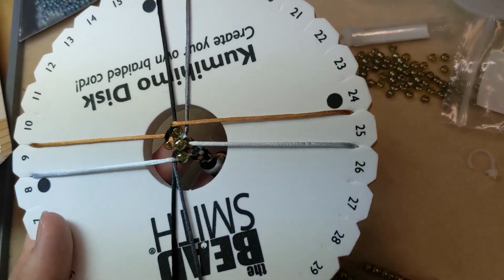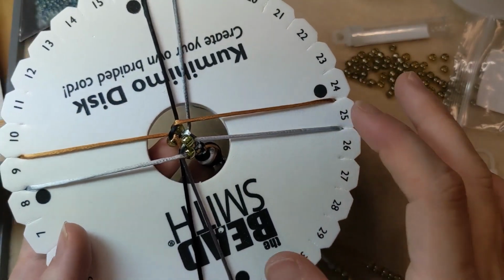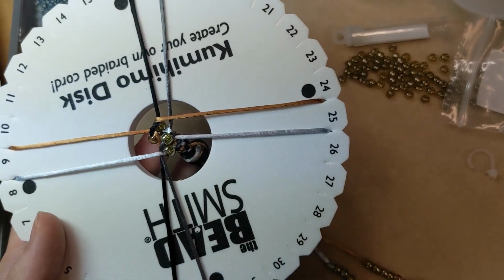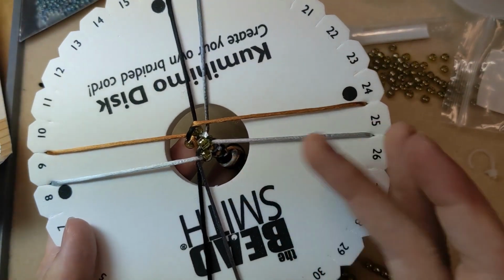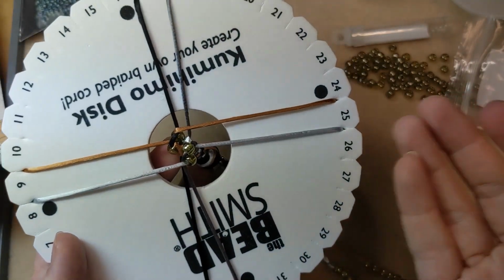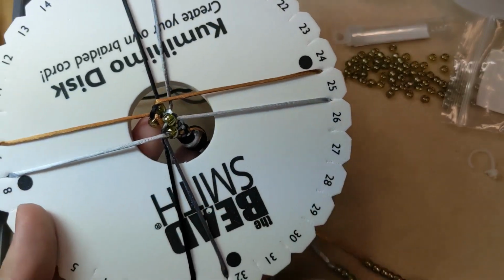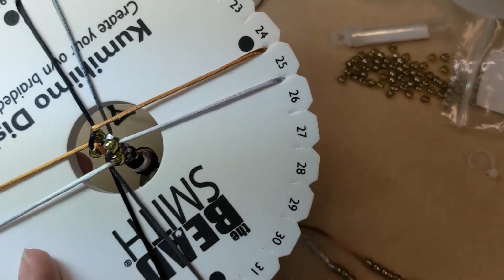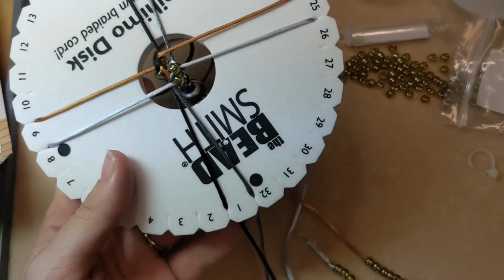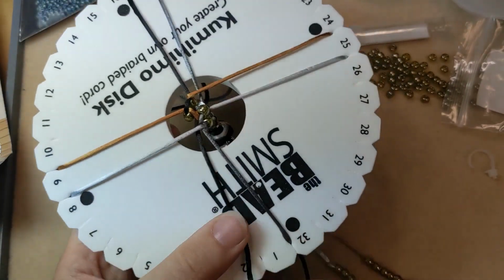And then we like to braid about 1/2 inch of cord with no beads, so if you're going to glue your Kumihimo braid into a cord end, you've got that thinner end to glue into, and that'll look really nice and smooth with the beads you add. So adding beads is just like the regular braid, but before moving your cord into position,